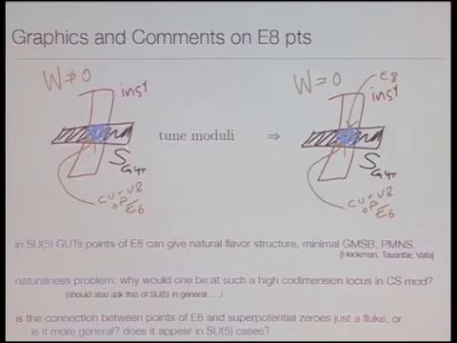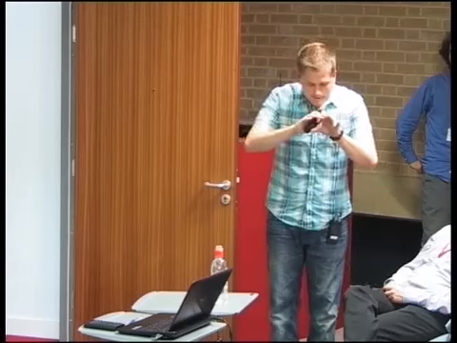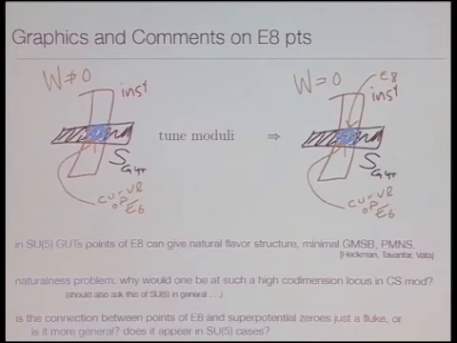So just to remind you of what the setup is, we have an instanton wrapping a divisor here. Apologies for my terrible artistic skills. We have S gut here, and they're intersecting at this blue curve. And the point is that generically, we have gauge symmetry E6 in 4 dimensions. And so we'll generically have this being an E6 curve here, where the gut stack intersects the instanton.